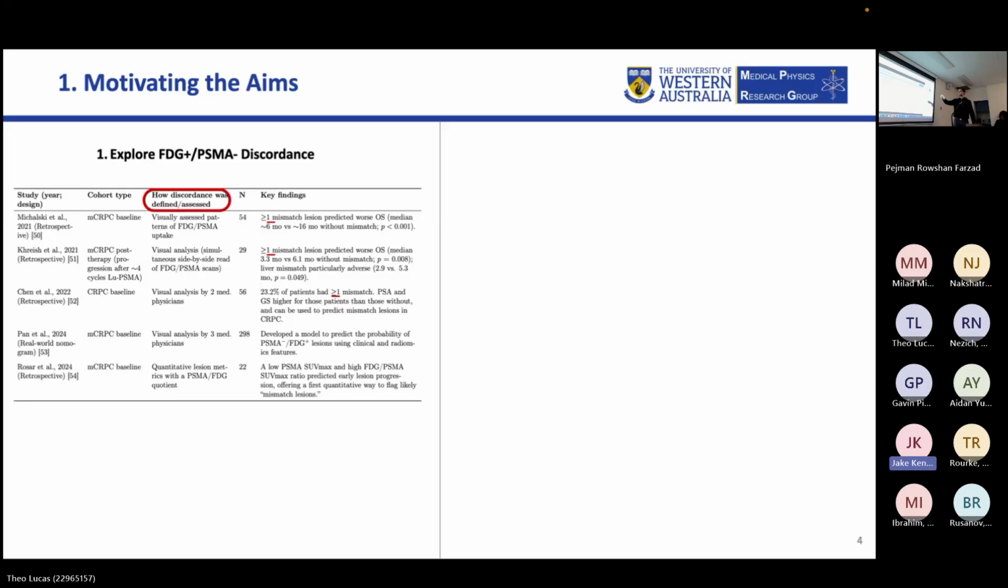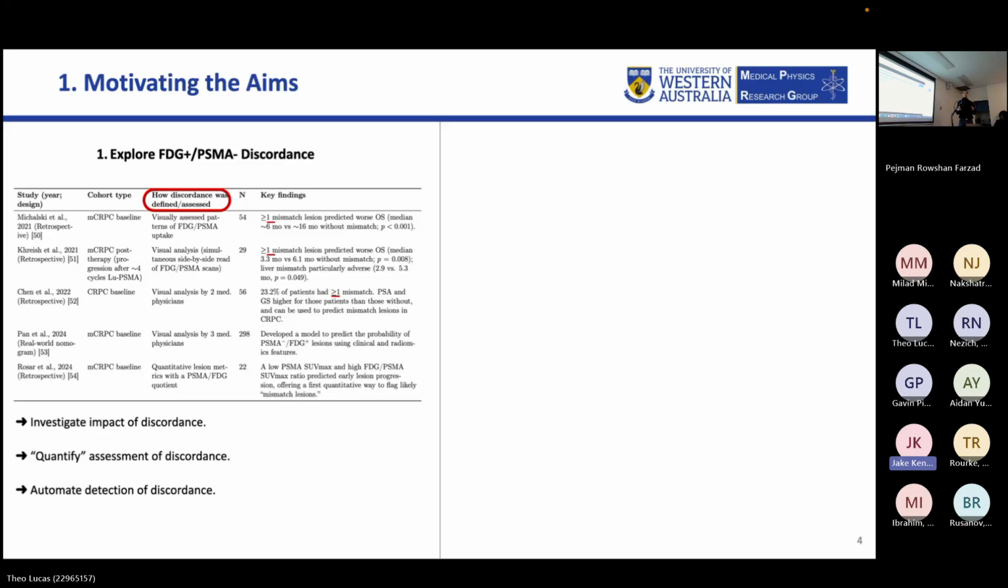The second thing is how discordance is actually assessed and defined, how these mismatch lesions are discovered. It's done primarily with visual reads. That means a clinician will take an FDG PSMA scan and qualitatively determine if and where discordant lesions are. So broadly speaking, that will be to investigate the impact of discordance, as I've said,